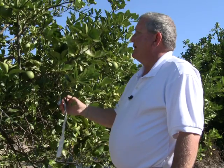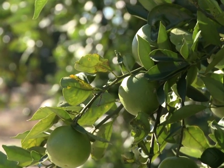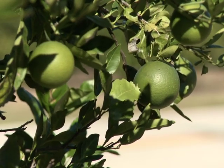It definitely shows visual signs of greening. Marty McKenna has been in the citrus business for 30 years. He now manages nearly 6,000 acres of groves, and that means regularly checking every single tree for signs of disease. One of them, so-called citrus greening, causes crops to produce smaller or misshapen fruit and has infected 5% of Marty's